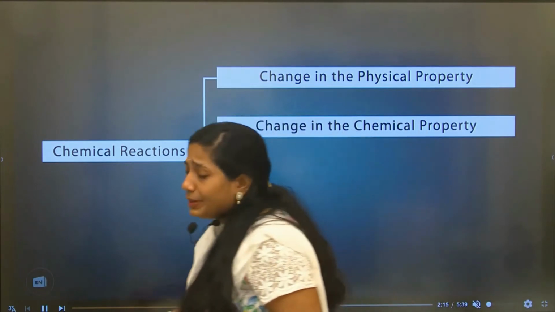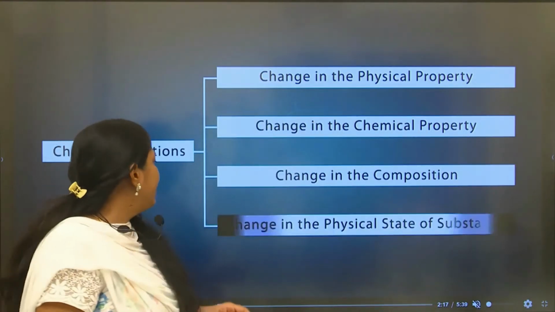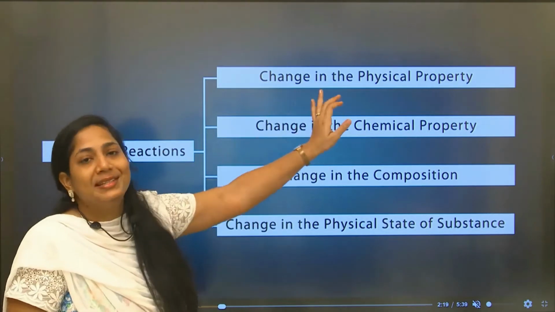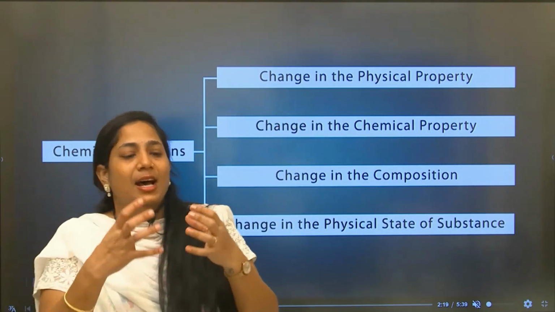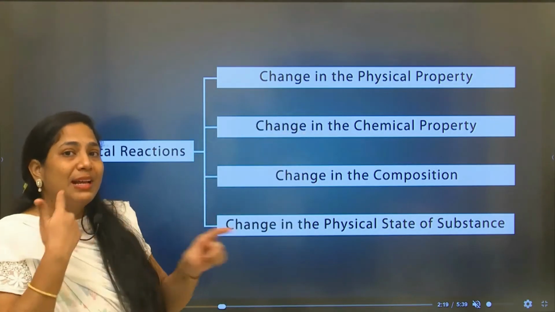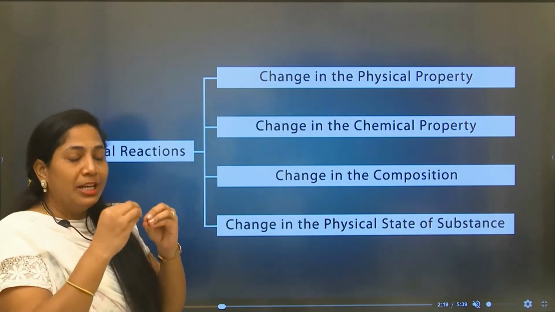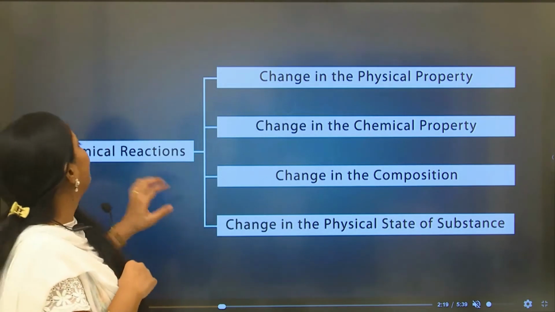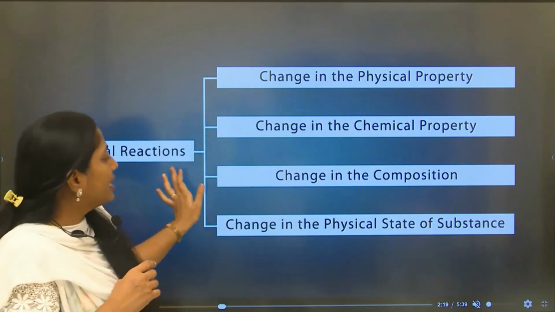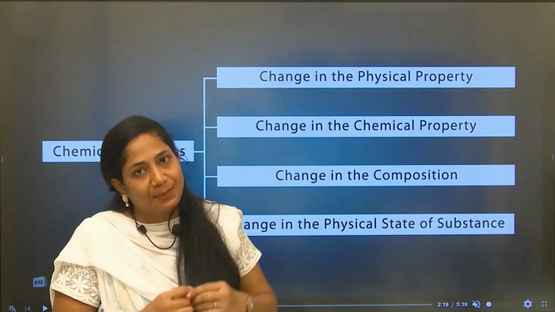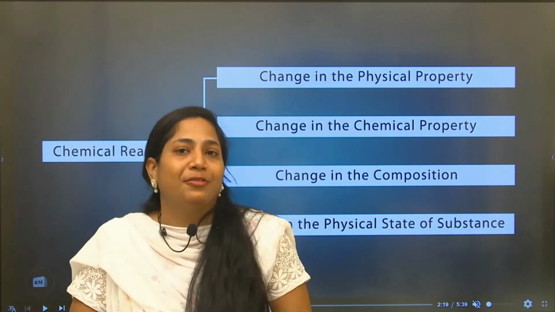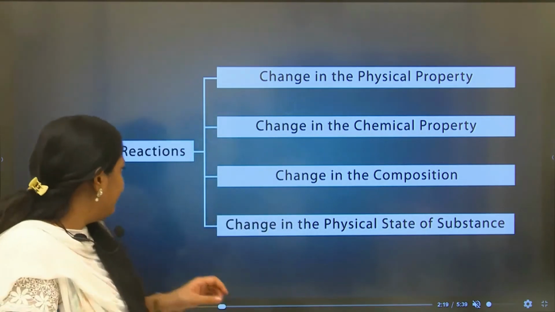So how do I represent these chemical changes in different forms? In chemical reactions, the physical properties change, which is how you can see them. The physical properties change, and inside the molecules the electrons and protons change. The chemical reactions change the composition and the physical state of the substances. These are the changes we observe in any chemical reaction.